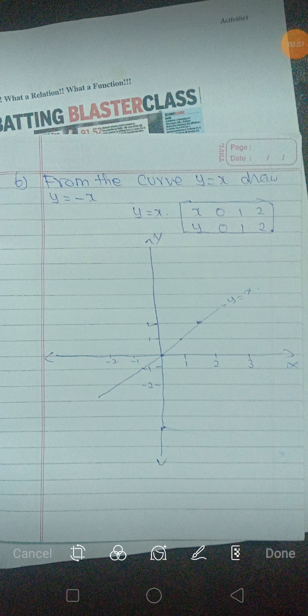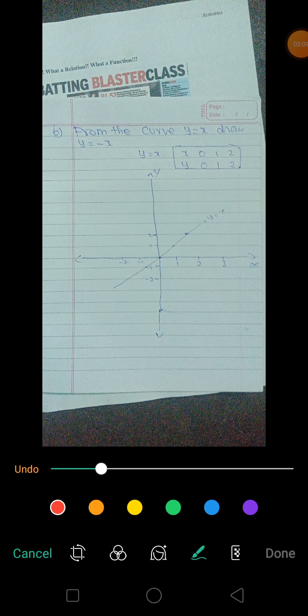So I need to draw what are the numbers? Minus 1, minus 2. So x value minus 1, y value minus 2. Where is it? Here. Okay, minus 1, minus 2. 0 comma 0 here. And then 1 comma 2